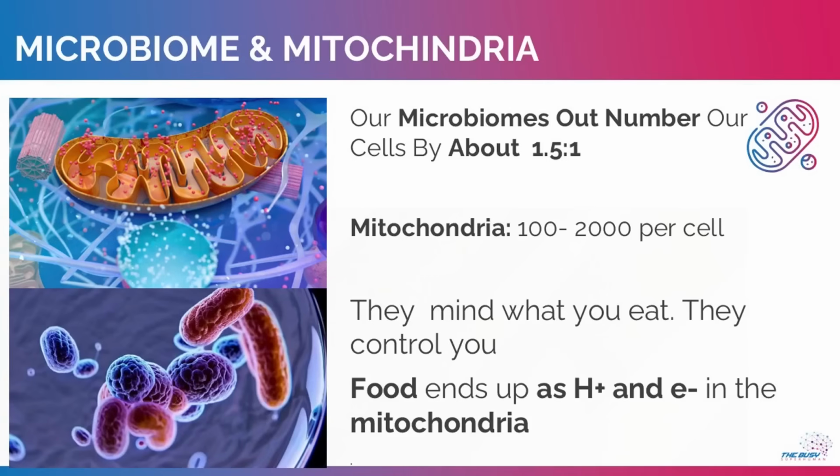If we now add the mitochondria in on top of this, there can be 100 to 2,000 mitochondria per cell. So for certain prokaryotes, which a mitochondria is a relic of, do outnumber our cells hugely. And the mitochondria do have some of their own DNA. I've covered this in another video. And different cells have different amounts of mitochondria depending on the energy requirements of those cells. And red blood cells don't have mitochondria. And something like ovaries and the heart, they are very dense in mitochondria.